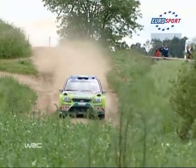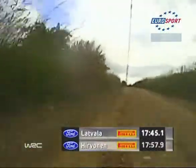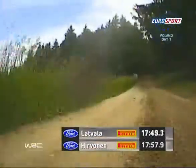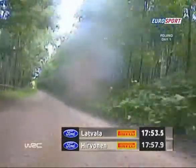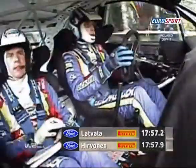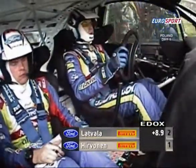One last chance for Latvala to make up some ground on his teammate on this opening day then. The 24-year-old using all of the road as he closes on the finish boards. He could beat Mikko again in here. Yes, it's another fastest time for Latvala and co-driver Mika Anttila, but they only make up 0.7 of a second